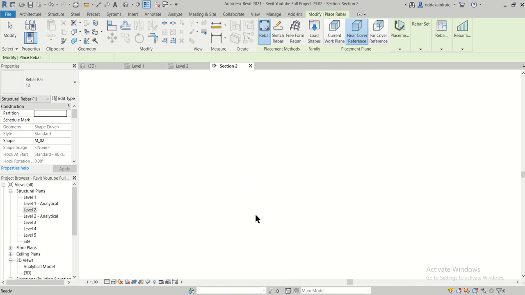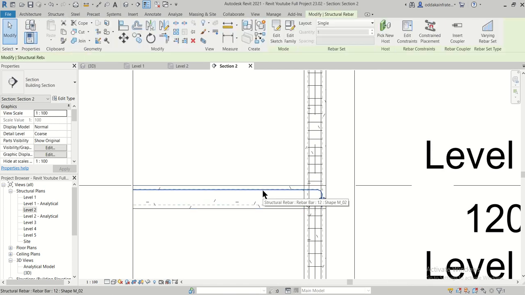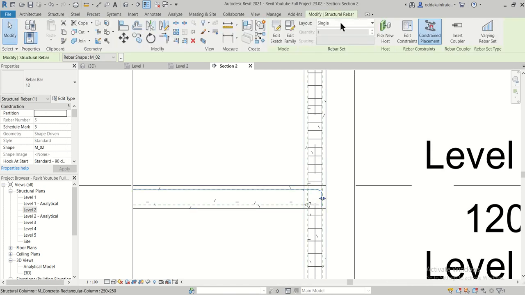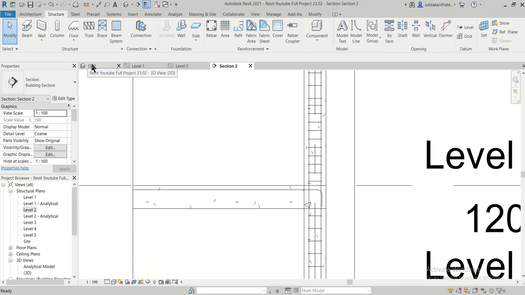Click on escape here, and then select this bar, and then give this fixed number, let's say, and we'll give this 2, and then check out what's happening in the 3D view.